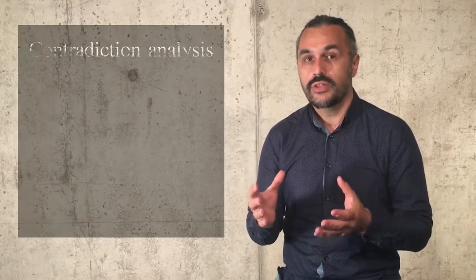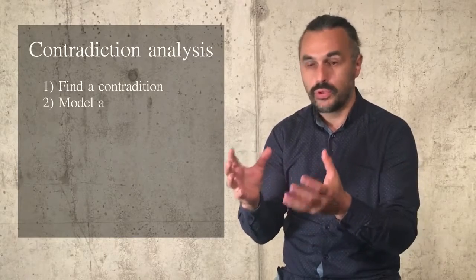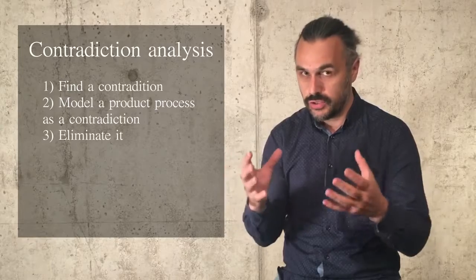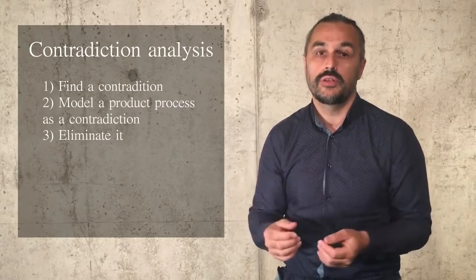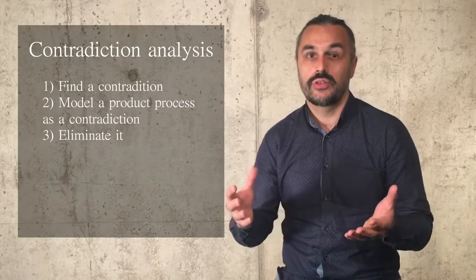What are the conclusions on this chapter of TRIZ? One of the fundamental chapters of TRIZ, contradiction analysis. Contradiction analysis is a very strong modeling tool and a tool to modify your design. In contradiction analysis, it is assumed that you analyze existing contradictions. First, you find them, you model your product or your process as a kind of contradiction, and then you have to eliminate it. And there are two types of contradictions, it is believed.